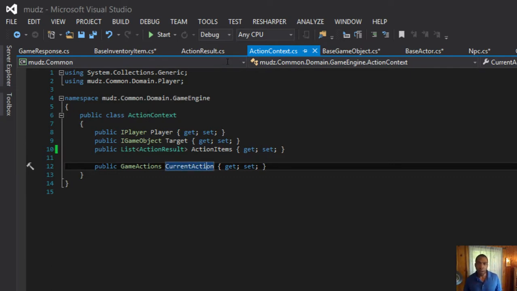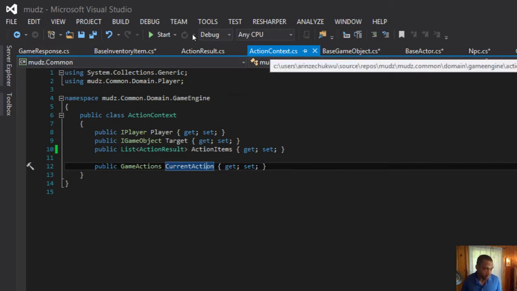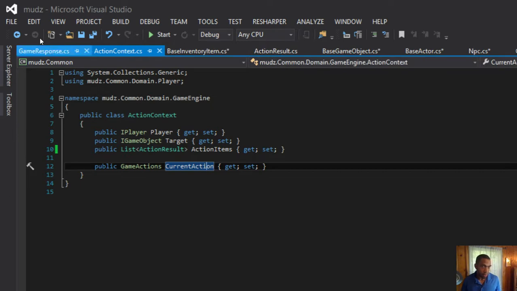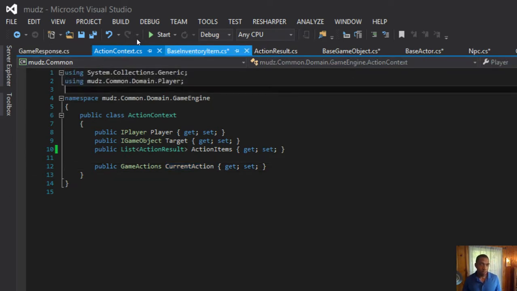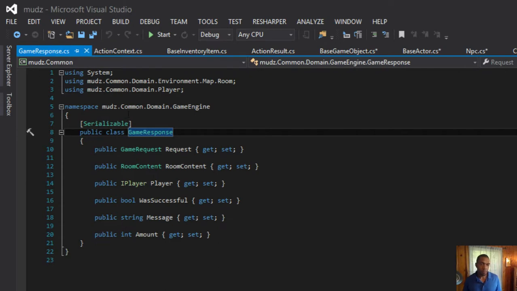So if we compare the action context against the game response, let's see what's missing or what's being repeated. So, in the game response, we've got the game request, the room content, the player, was successful, message, and the amount.